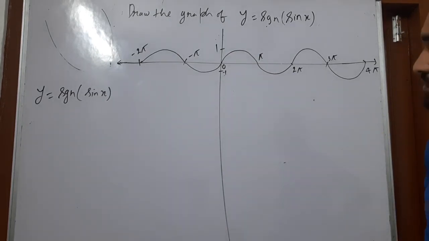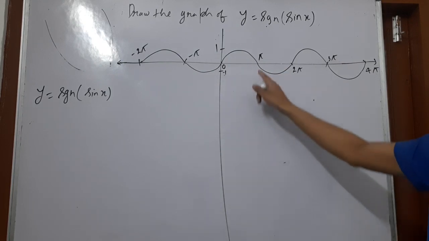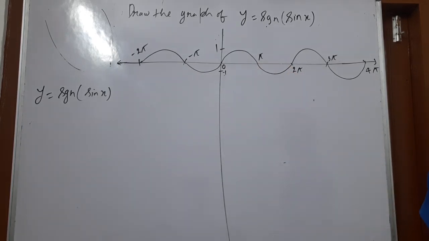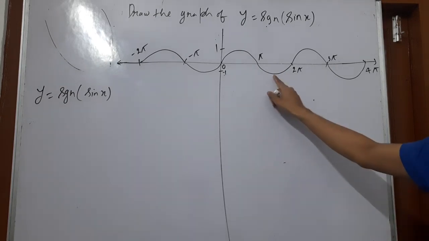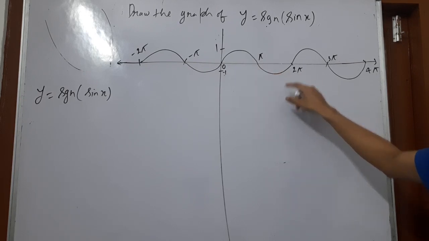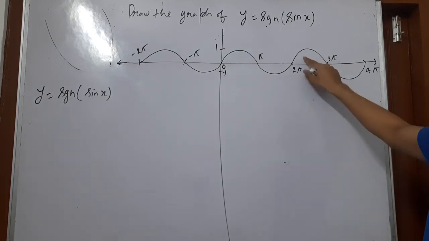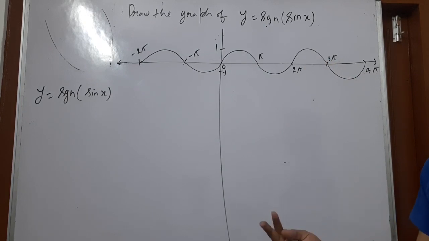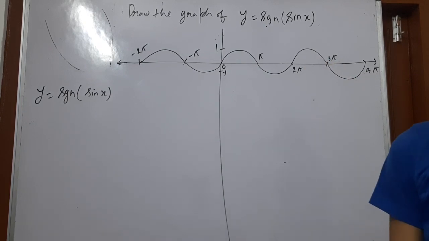So when x is between 0 and pi, it is positive, and when it is between pi and 2 pi, it is negative, minus 1 is its minimum value and overall the value is negative between pi and 2 pi. After that it is positive and then here also negative, so it is somewhere positive and somewhere negative.